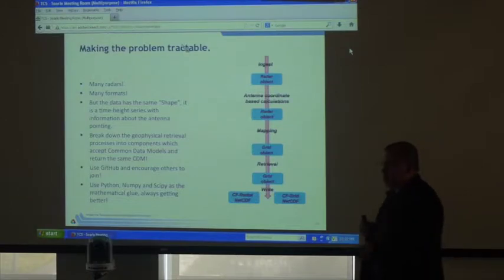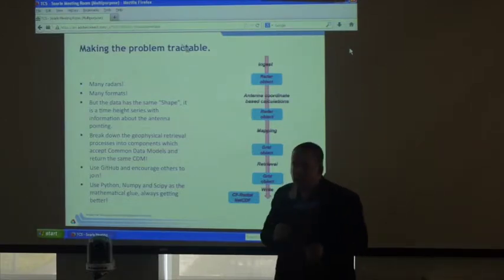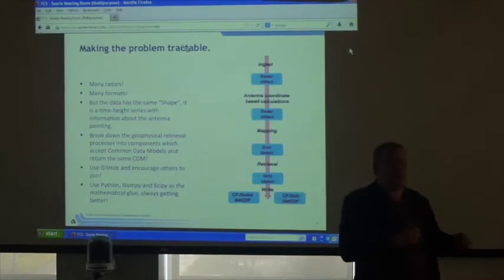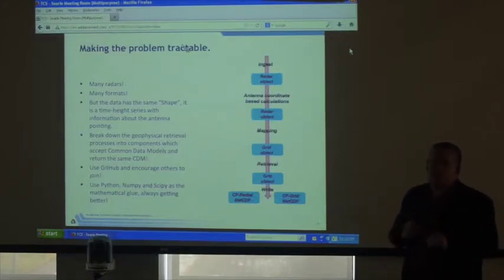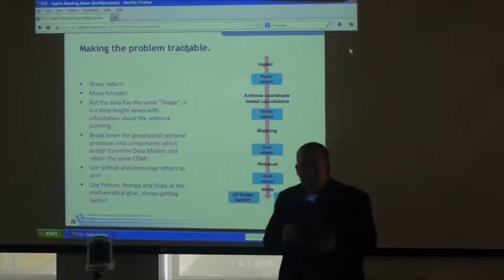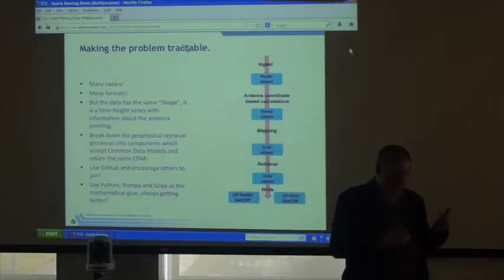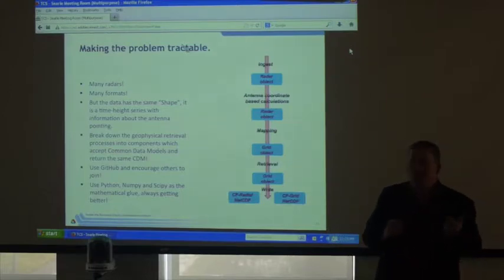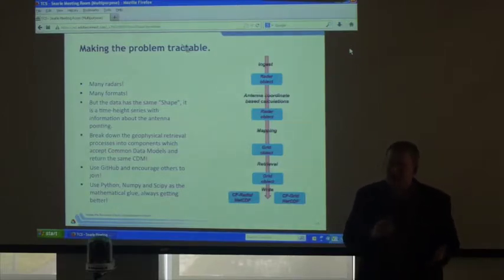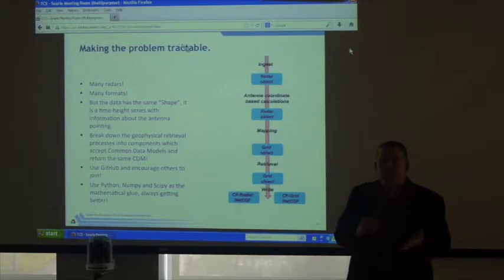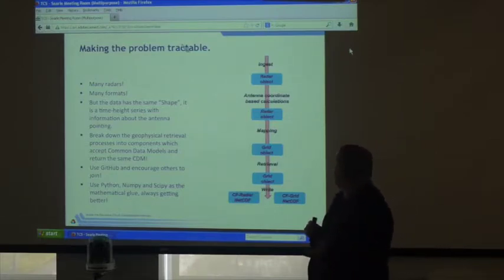So, talked about radars, talked about measuring the atmosphere. Now I'm going to talk about computation. And I'm going to go off on a little tangent here that probably most of you are really familiar with, but as an atmospheric guy, I'm only just learning, and I think it's so cool. So, we've got many, many radars out there. They produce a whole heap of radar formats. I've got European radars, I've got American radars, I've got Japanese radars. But basically, we want to do the same things to them.